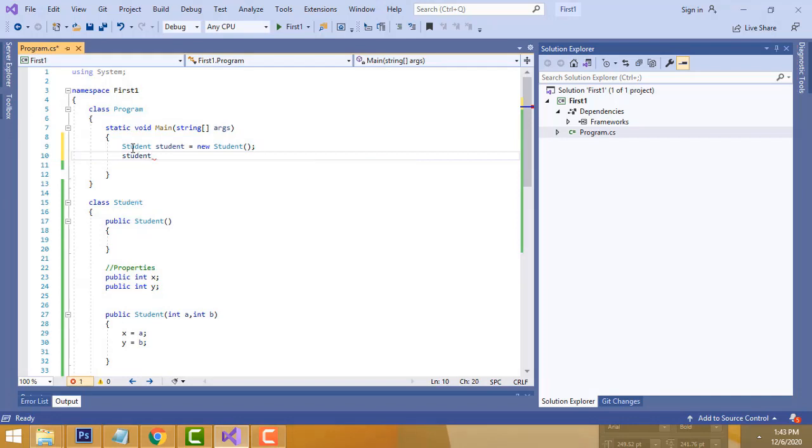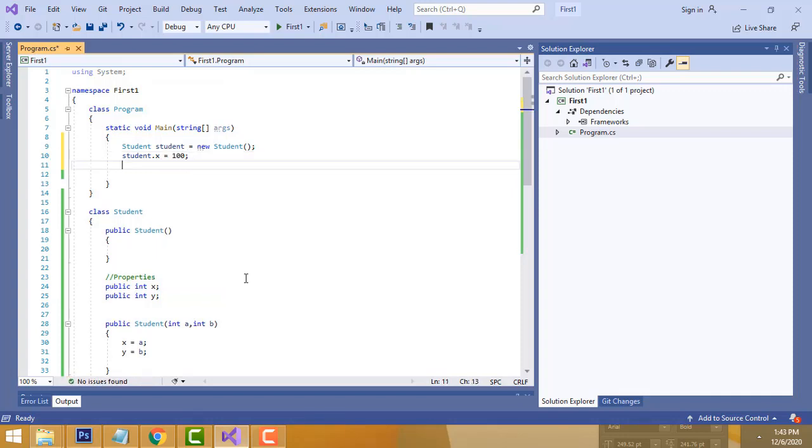Now you can see here the student. I am going to access this, which should be public, so we can easily access student dot x equal, and write the value 100. Again student dot y equal 200.